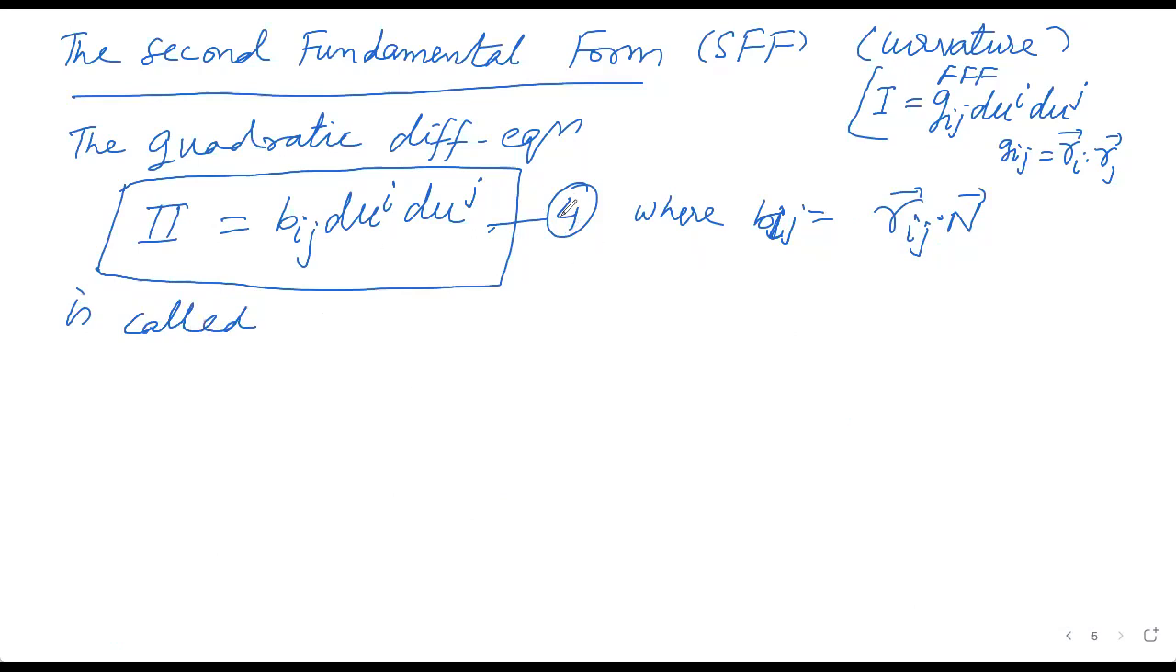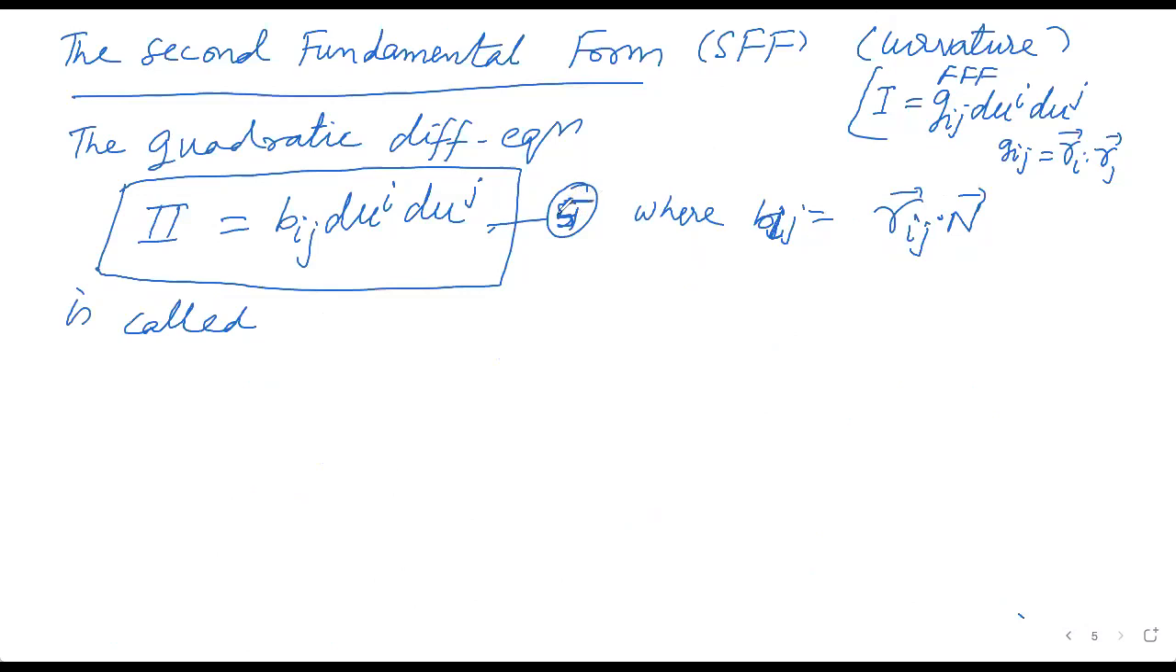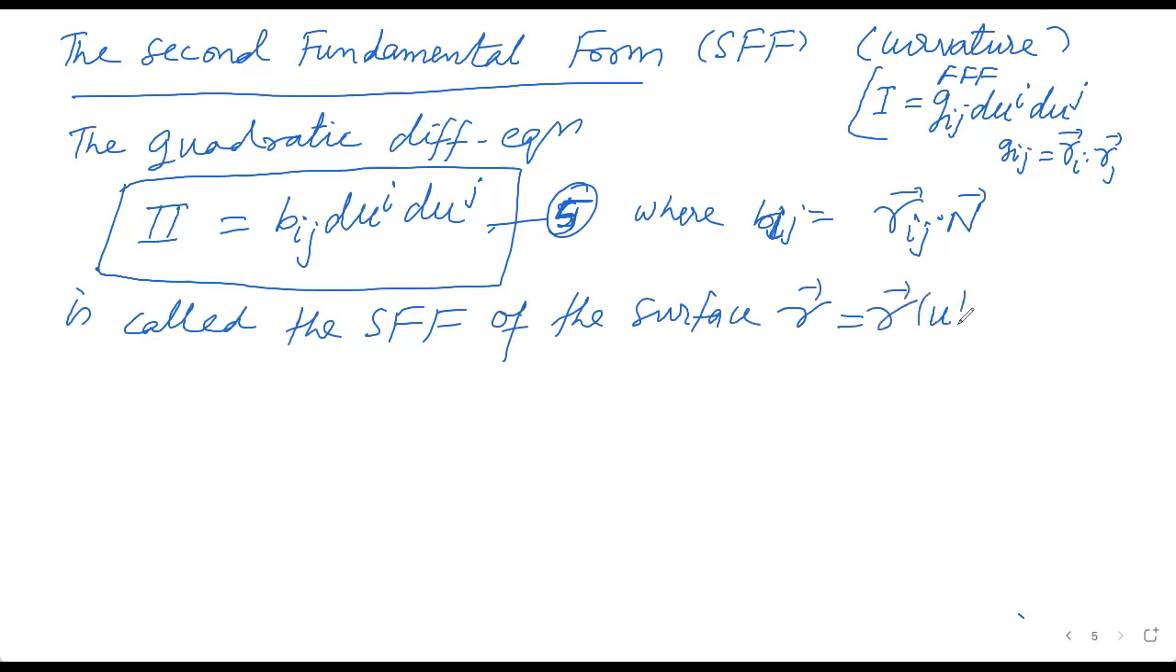second, बल्कि इसे 5 कर लिए, 4 हम उसे लिख देते हैं, तो फॉर्मूला टाइप किया था उसकी जरूरत पड़ेगी। इट इज 4, दिस इज 5, दिस इज कॉल्ड द सेकंड फंडामेंटल फॉर्म। शॉर्ट में आई कैन राइट एस SFF ऑफ द सरफेस, R is equal to R of U1 U2, okay, and you can see here that this Bij is also symmetric,